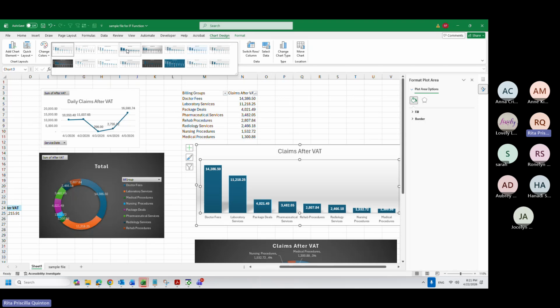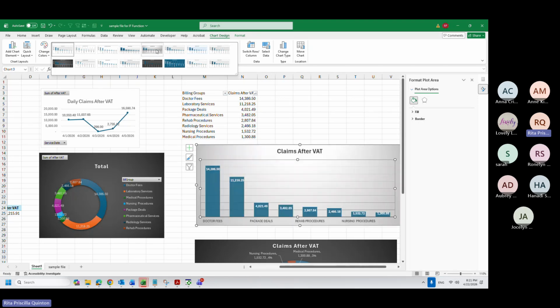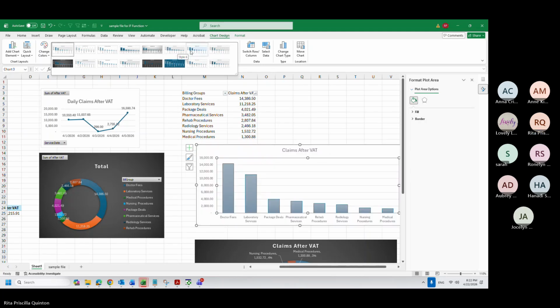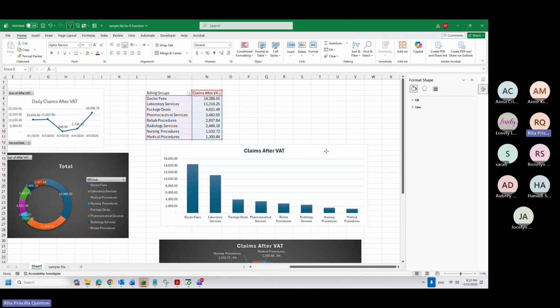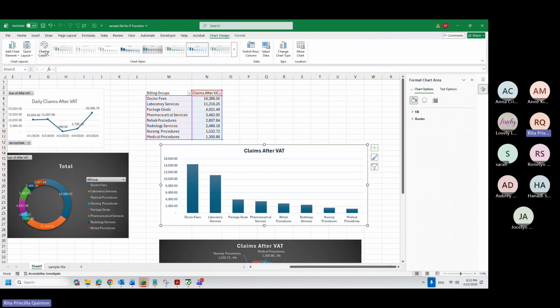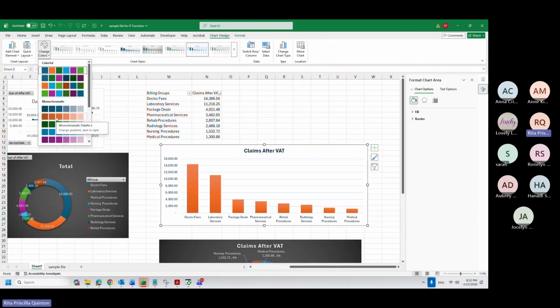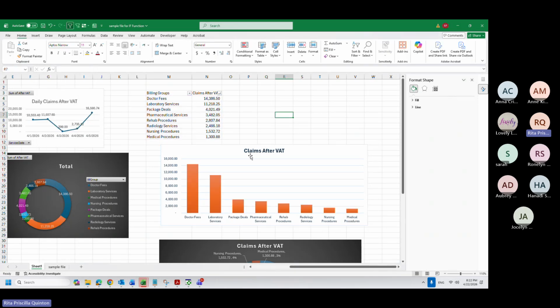So based on your liking, like this one, for example, you want to know the amounts only without the legends. Okay. You can even change the colors from here. Example, you want all to be orange, so it's up to you.